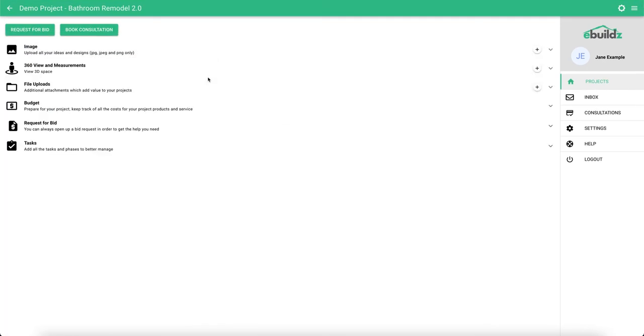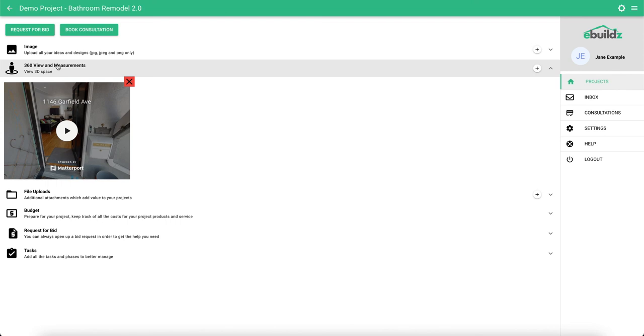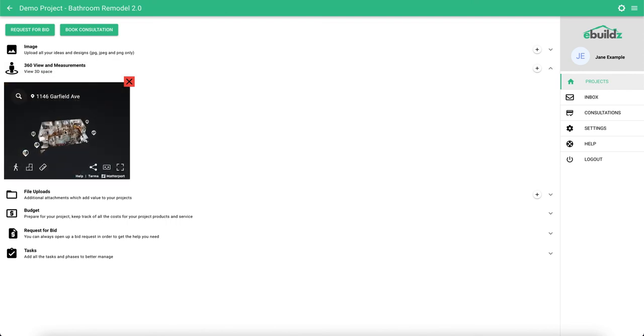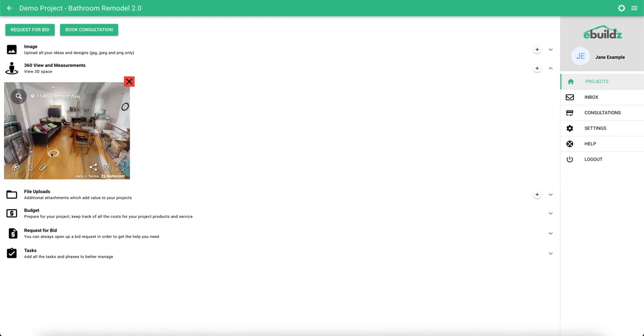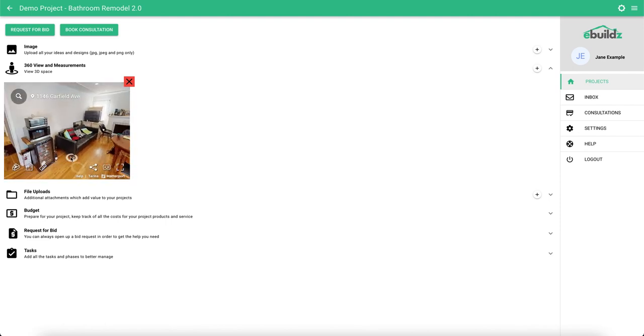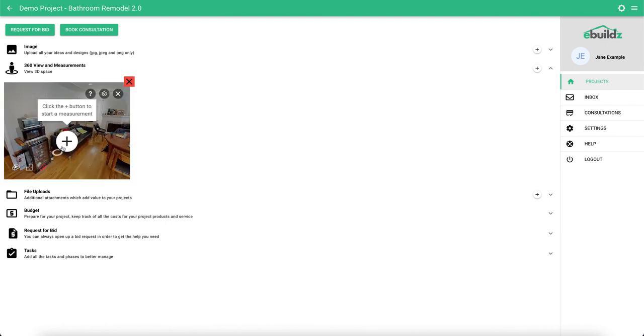Then the next section would be the 360, where we come in and we actually scan the house. We use a LiDAR camera that actually will take dimensional measurements. This way a contractor can come in and he can actually measure. So you can go ahead and add a measurement and say, I need the height of this wall, etc. And then this is basically how they can do all their takeoffs without needing to actually come to the job